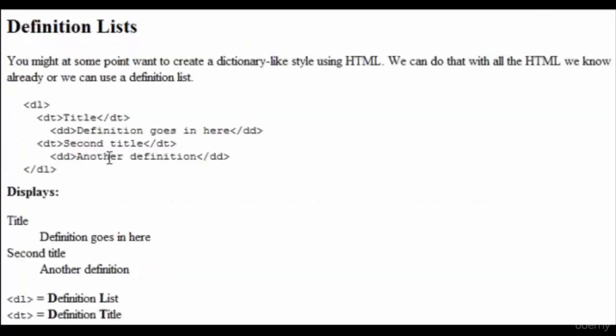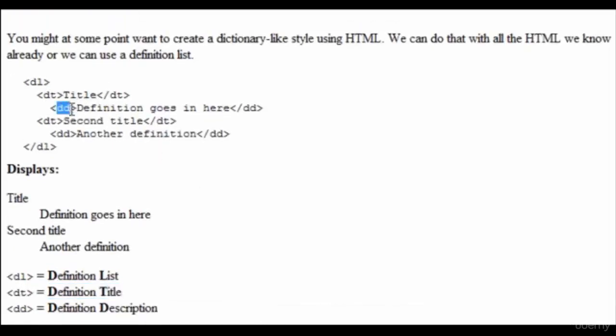Definition lists. You might at some point want to create a dictionary-like list using HTML. We can do that using all the HTML we already know, or we can learn some new HTML and create a definition list. Now here's what a definition list looks like. We open it, DL, which is definition list, DT, which is our definition title. For example, if you wanted to define the word dog,